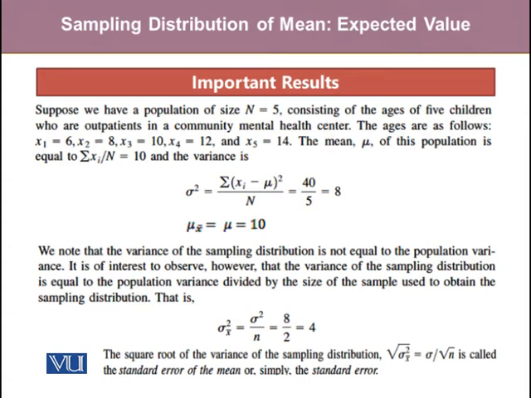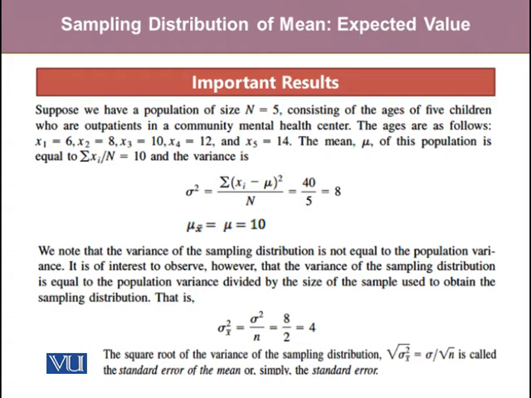But the mean for the sampling distribution of x bar and the mean for the population were the same in both cases, that was 10. This leads to a very important point, that the variance of the sampling distribution is in fact equal to the variance of the population divided by the sample size. In this situation, the variance of the population is 8, divided by the sample size, which for all our possible samples was 2. So 8 by 2 turned out to be 4.